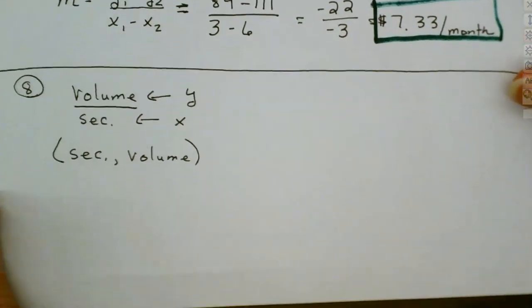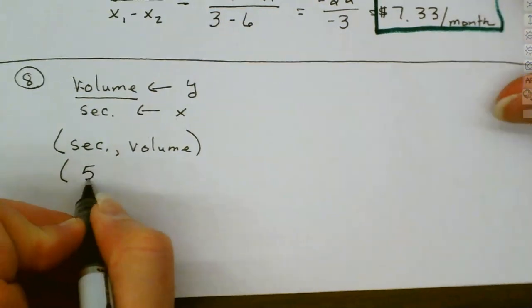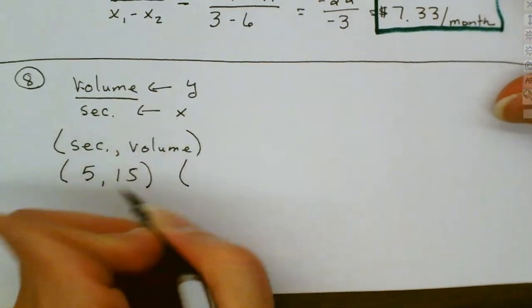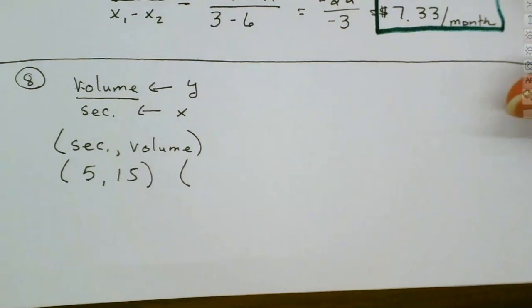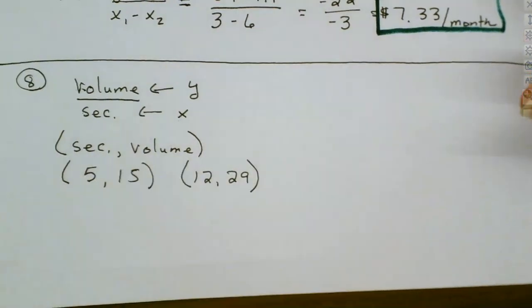And the way I do that is I look at my ratio. Volume over seconds. So that means the volume is the Y part. Seconds is the X part. Now, what do my ordered pairs look like here? If you read it, it says 5 seconds, 15 ounces. So that's going to be 5, 15. And then the next one is a 12, 29, isn't it? Okay. And now we can calculate out